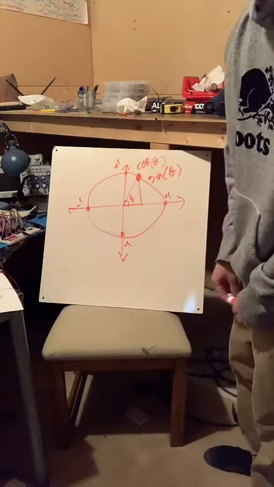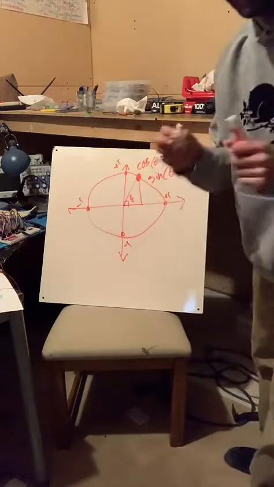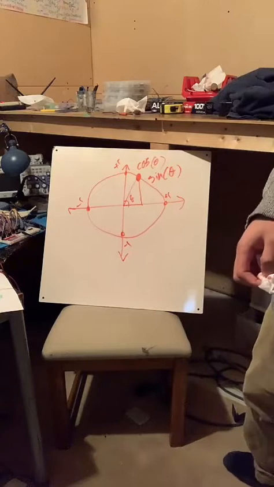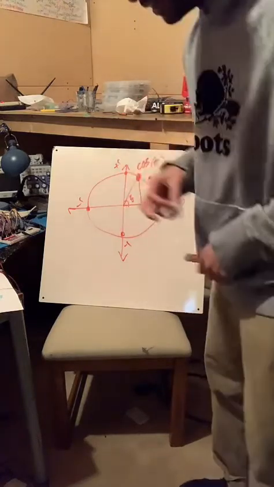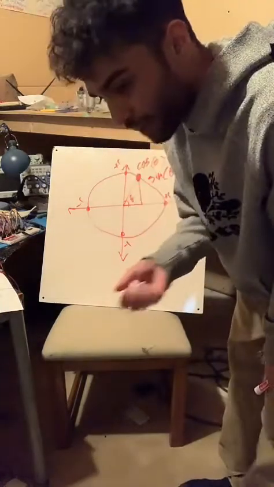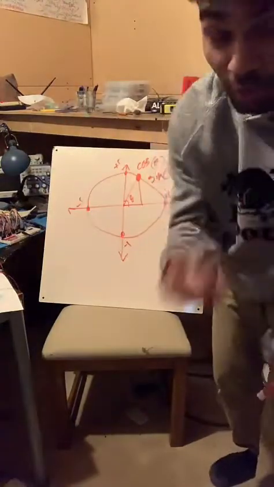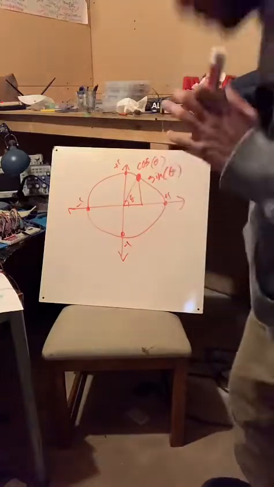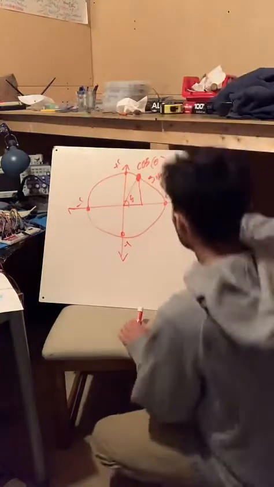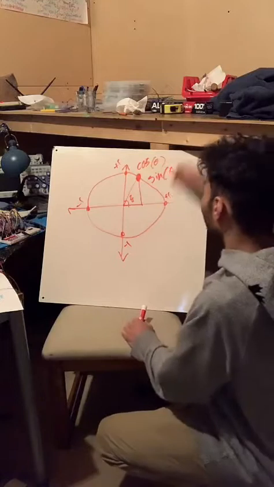So let me show you this new type of mathematics. It's called complex numbers. There's a guy named Euler, arguably the guy who changed mathematics the most. Newton is up there, and Euler is up there too. There's a bunch of things named after him. Let me show you what he created.